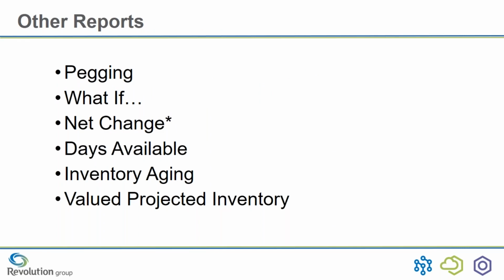Kind of a summary, we talked about each one of these pegging reports. That could also be known as allocation. Some of the other computer systems might have that as an allocation process. What if, net change, again, kind of an obsolete idea. How many days available do I have in my product? If I've purchased this material, how many days will that last me? So that's another report that you might find in your